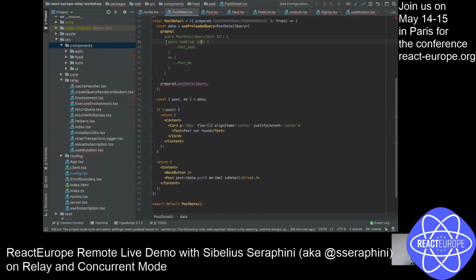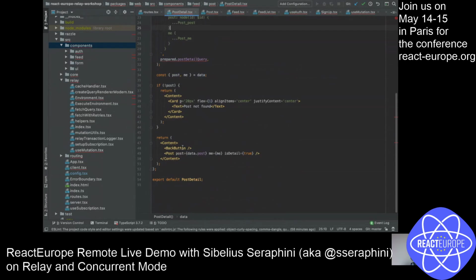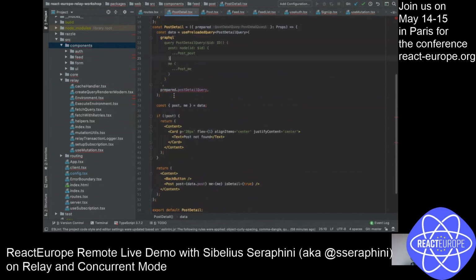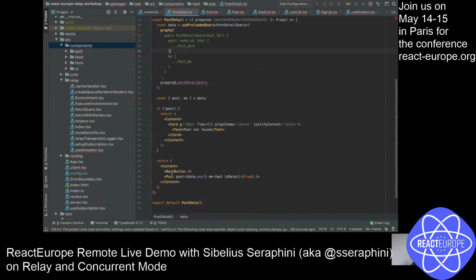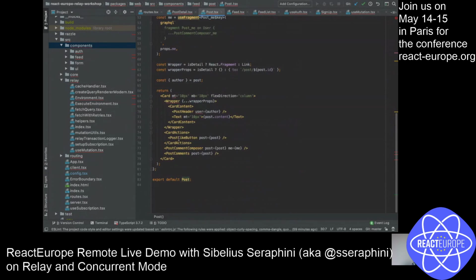So I get the post, and I can reuse all the components of post here. So I don't need to code this anymore. Every time I need to render a post in my platform, in my code, I just drop the fragment here, and that's gonna work. You don't need to care about all this kind of data.